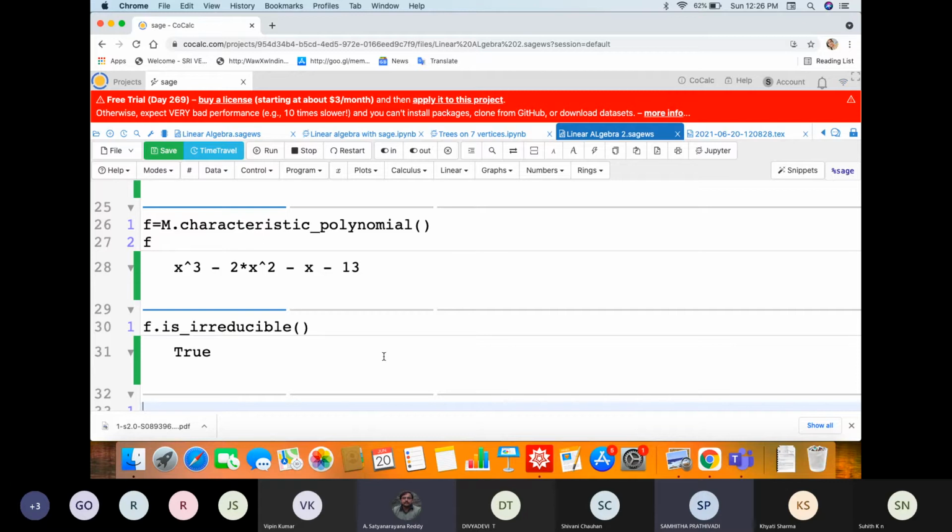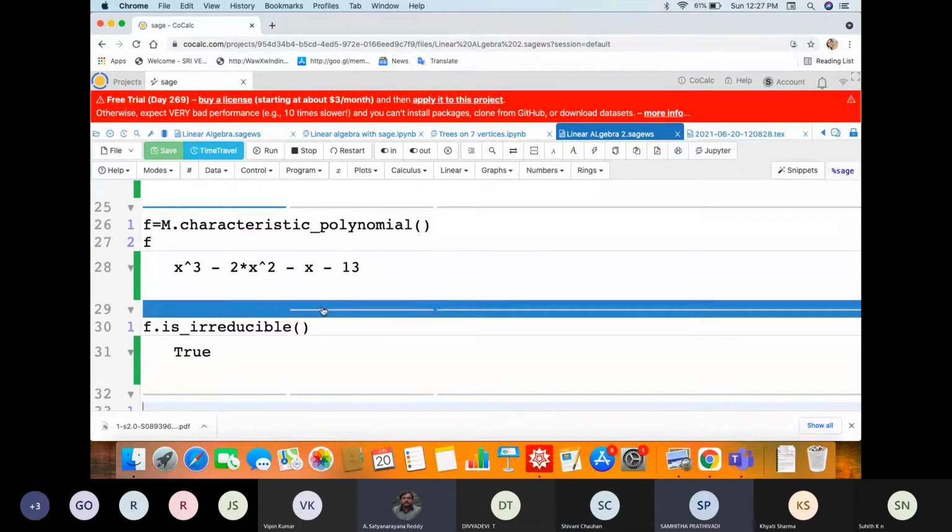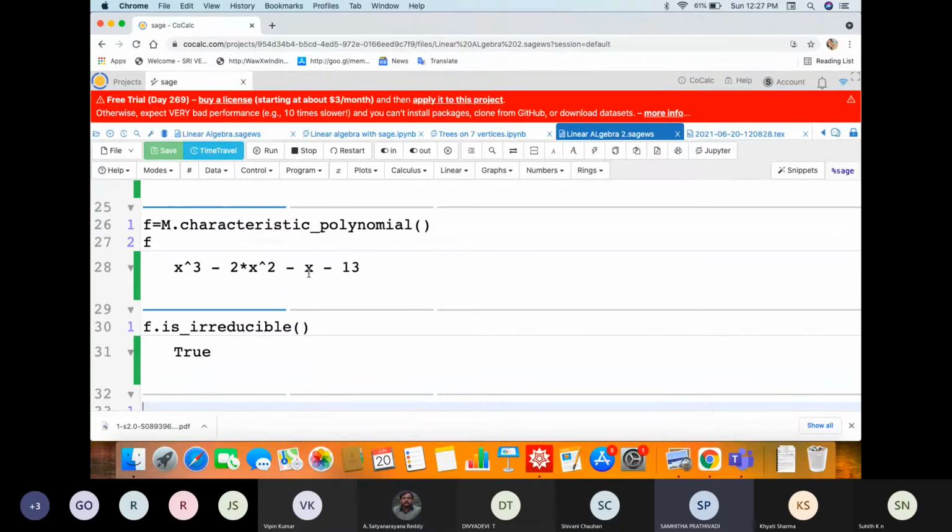Yes, sir. So how do you check whether it is irreducible in R? For that, I do not allow you to change the matrix. I take this polynomial and I want to check in R only. Can it go like this? Since it is irreducible over the rationals,